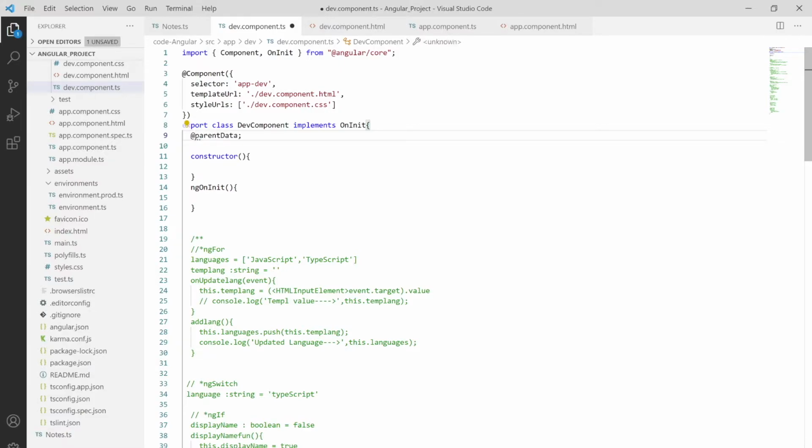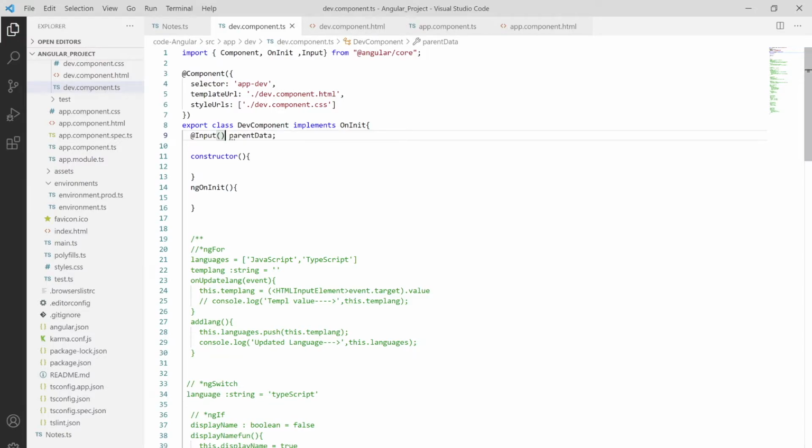So I'm describing it as Input over here, and you have to import it from @angular/core. So I'm importing it, using Input over here, saving this, and also using it as a method.